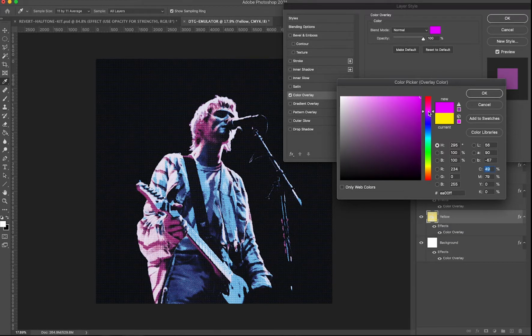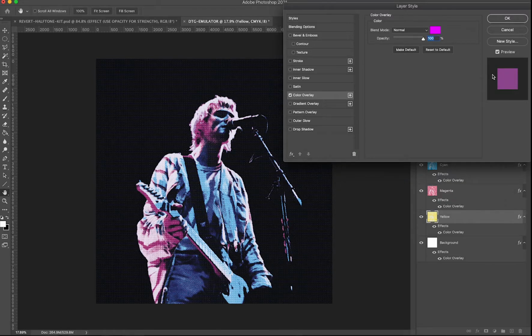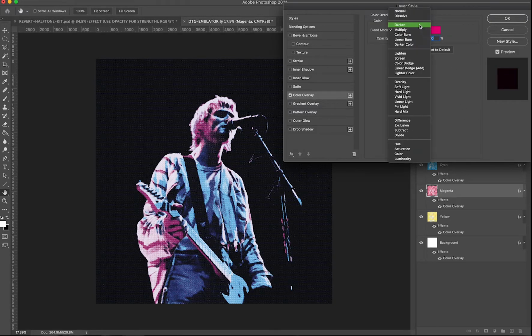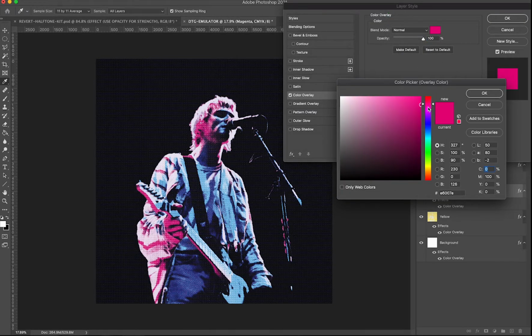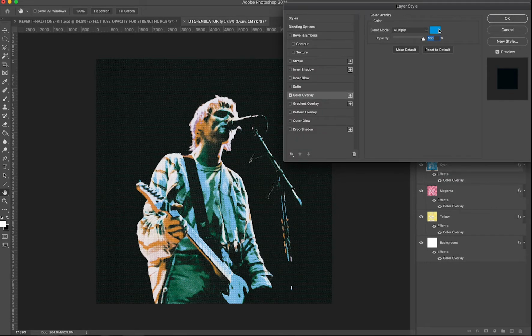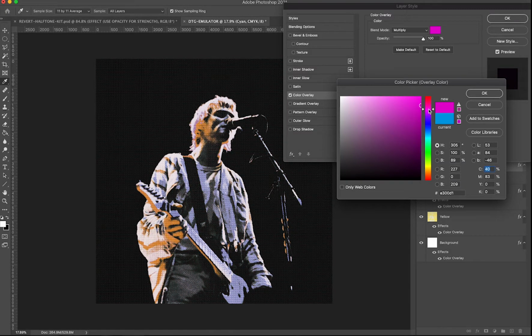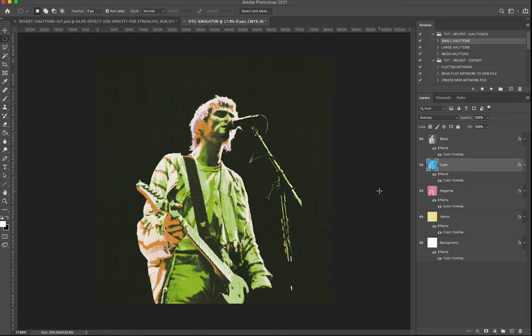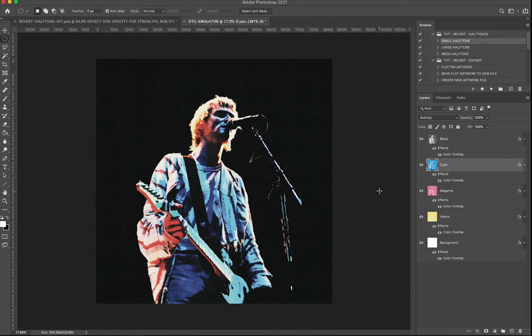So if you guys want to get a bit tricky and switch things up, you can achieve some pretty abstract effects, which is kind of cool. I should chuck in an orange on here or something. As you can see, it really starts to mess with the image in a really interesting way. You can get some really interesting effects, like old school psychedelic poster vibes. But I'm just going to go back